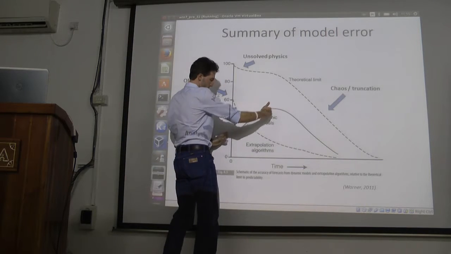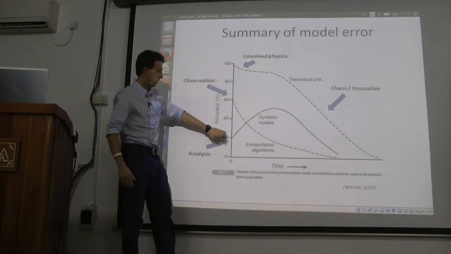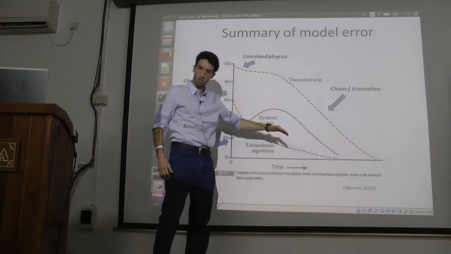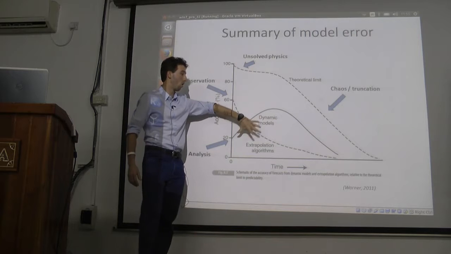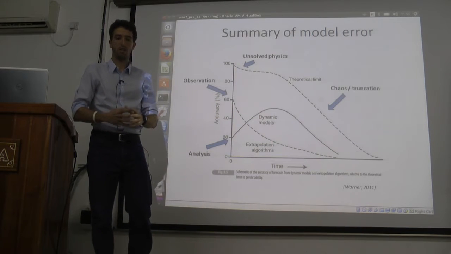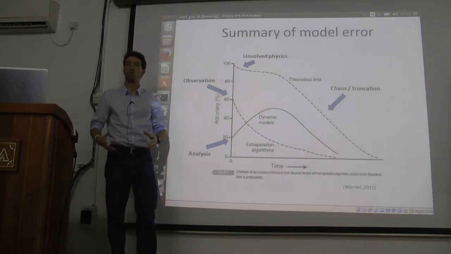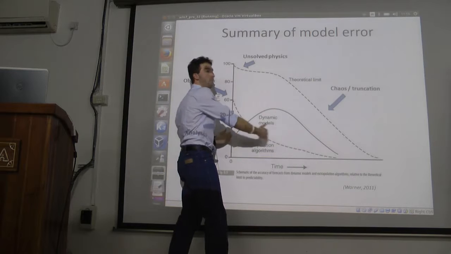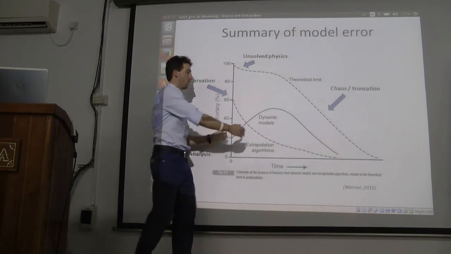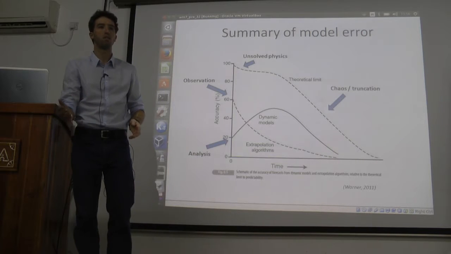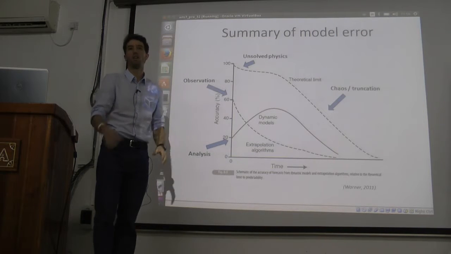This time between when the accuracy starts increasing and then going down is what we more or less call the spin up time. So the model has a spin up until it's stabilized. Usually this is about 12 hours, from 5 to 12 hours that you throw away from your